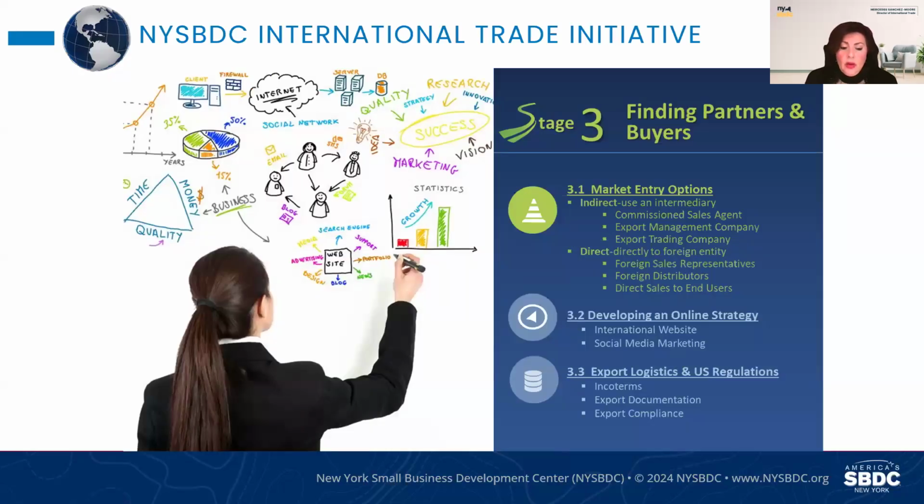We are going to start with stage 3 in finding partners and buyers. The most important consideration is to decide what market entry you're going to take: if you're going to go directly by yourself to your customers or indirectly. Indirectly uses an intermediary, and it could be a sales agent or export management company or export trading company. And directly, you can also use a foreign sales representative that you contract, or a distributor that you can find